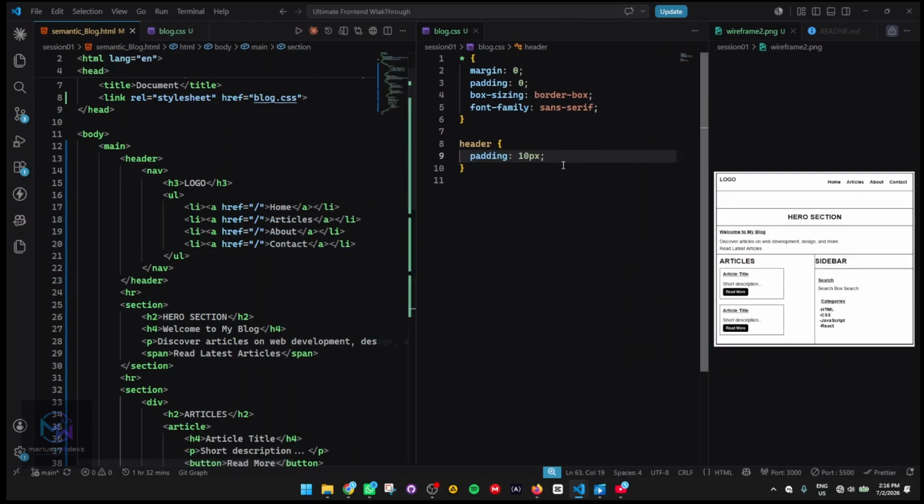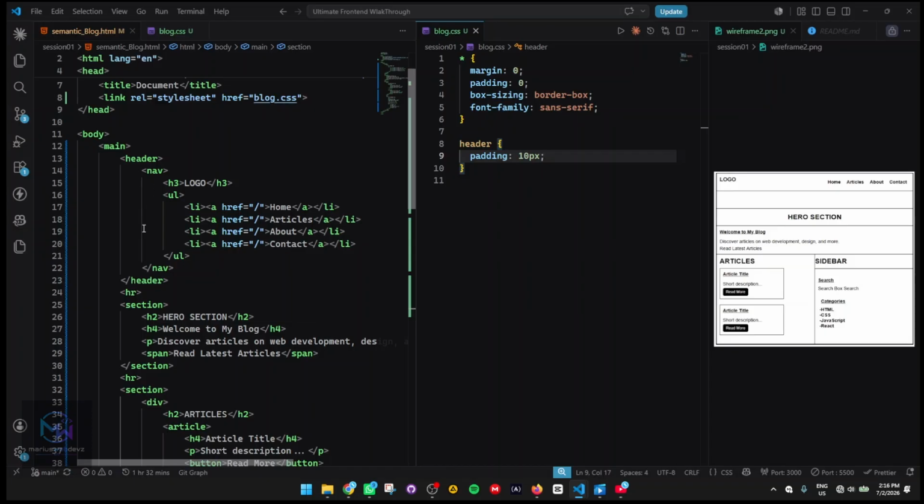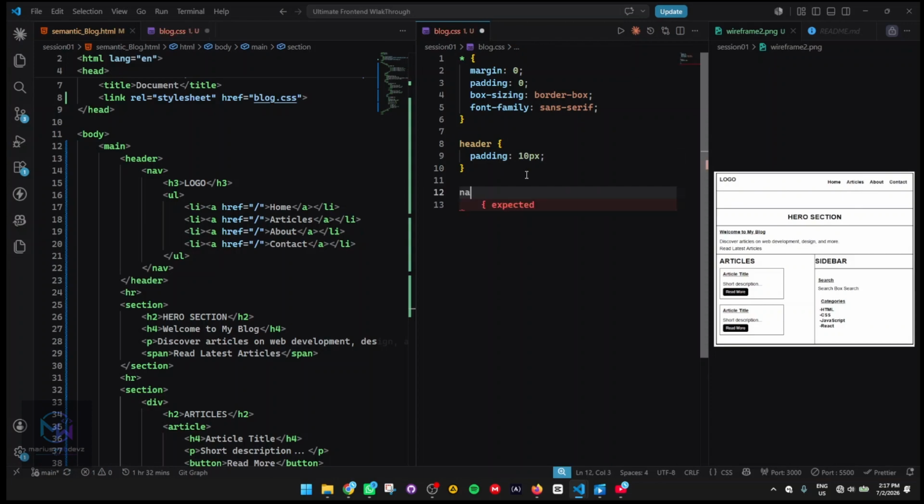Okay, let's use flex and see. No, but it's not going to work, because let's better target the nav. The nav is what contains the elements which we want to flex: the logo and the links. So we're going to come to nav here and then